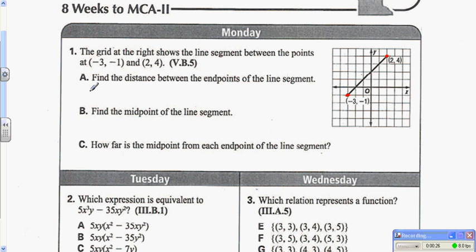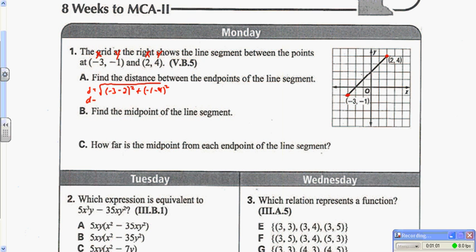The distance formula is equal to the differences in the x's. Remember, this is x and this is y, x and y. So I would take -3 minus 2, that's the differences in the x values of each coordinate, and square it, and add it to the differences in the y values, -1 minus 4, and square it,